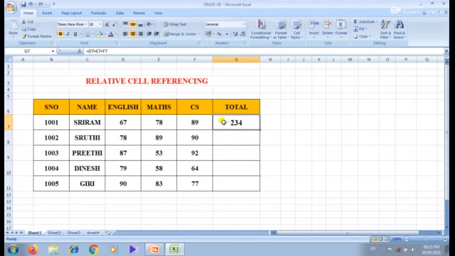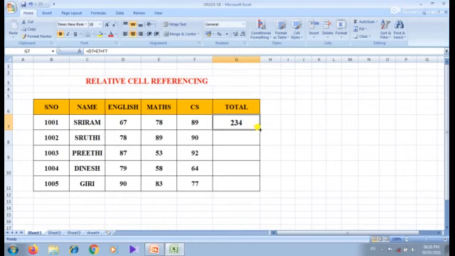Once again I will do it. See here. First I have entered the formula for getting the total marks of the first student. So what are the cell references? D7 plus E7 plus F7. These are the cell references where I have entered marks. Then when you press the enter key, you will get the answer. Now you select the cell.